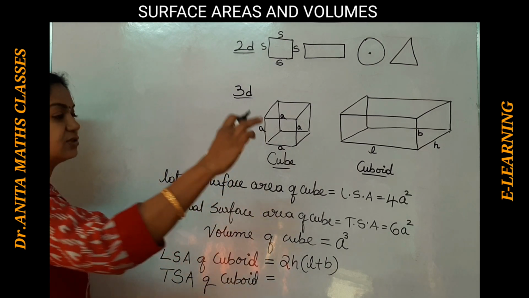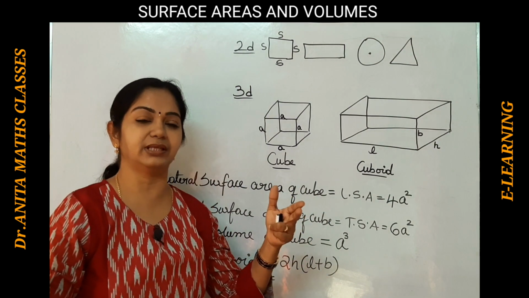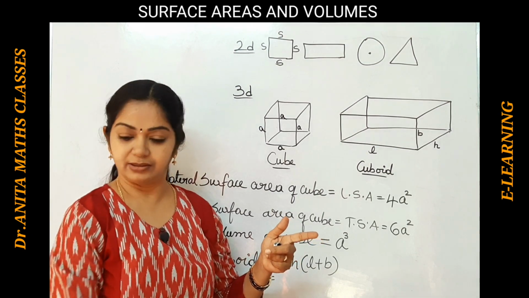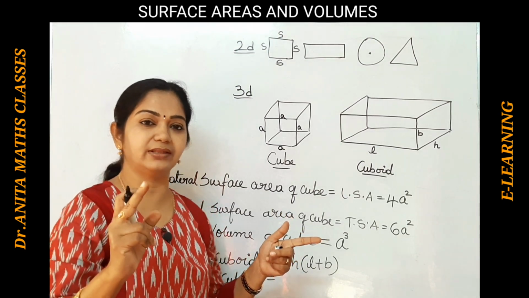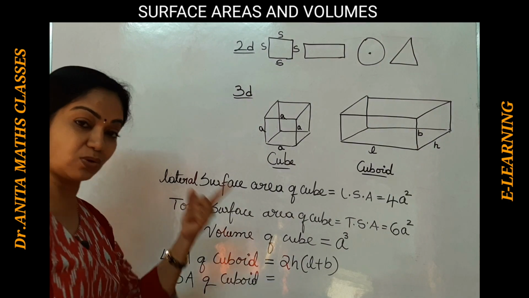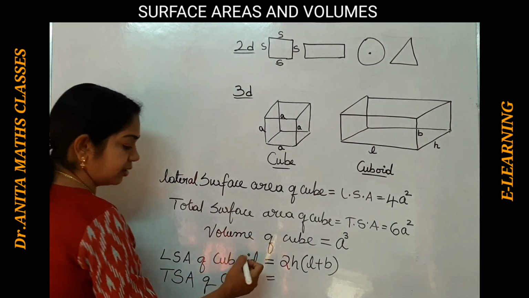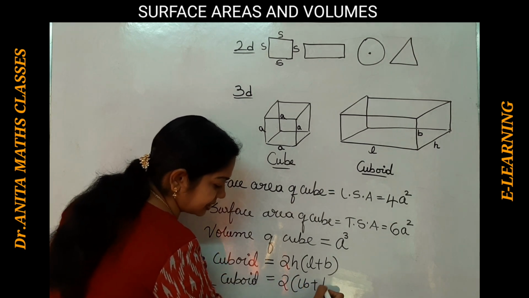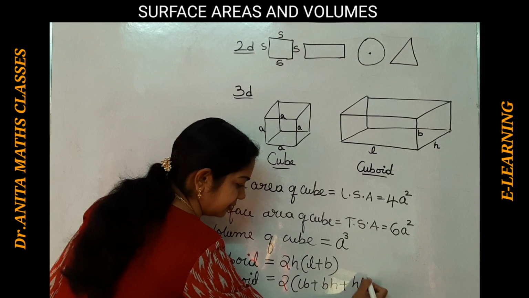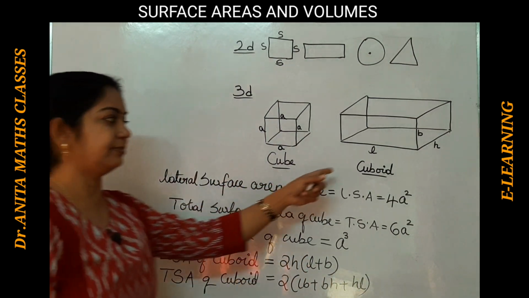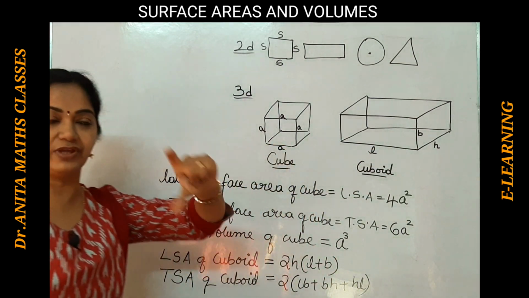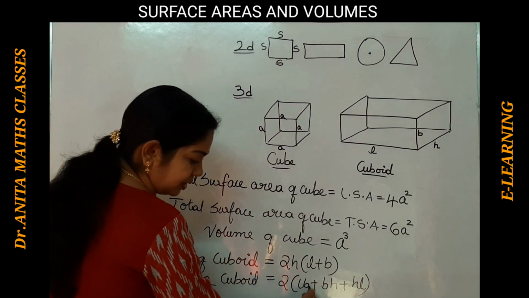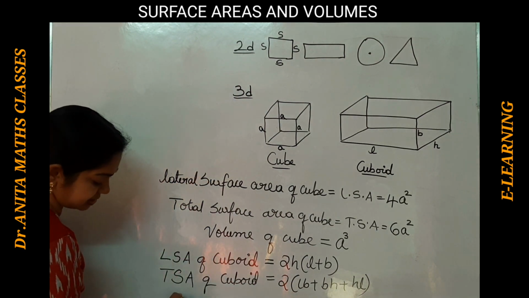Now if your classroom is in the shape of a cuboid, usually there are all the four walls and the roof and the floor, so all together comprises the total surface area, so 6 rectangles. So here all the 6 rectangles, isn't it? So that is nothing but 2 into (LB plus BH plus HL), where L is the length, B is the breadth, H is the height of the wall. Okay, so total surface area of cuboid is 2(LB plus BH plus HL).